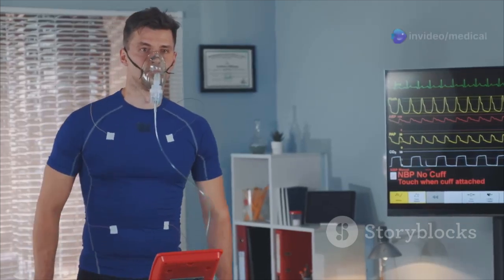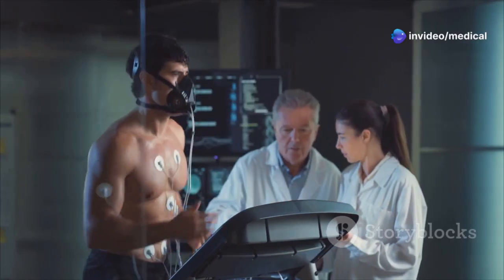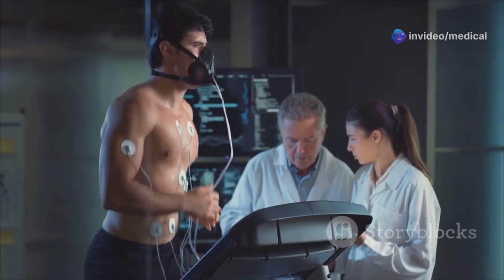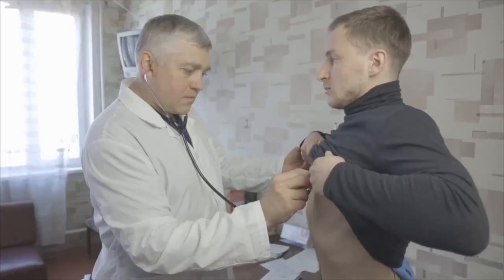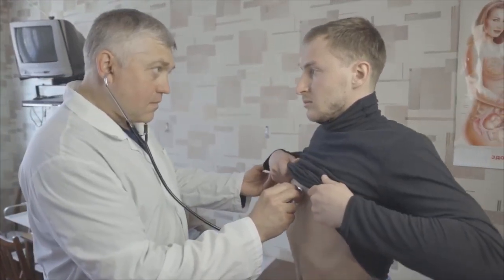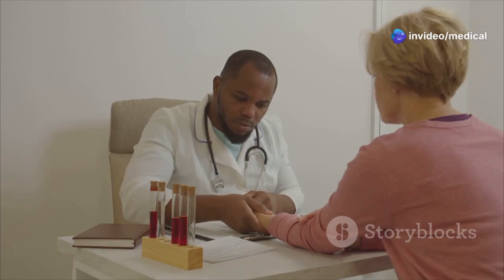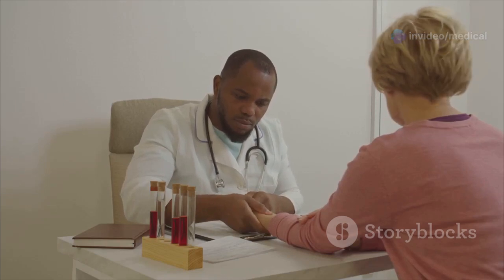Shortness of breath, especially during physical activity, is another common symptom. The heart struggles to pump enough oxygen-rich blood to meet the body's demands. Palpitations, or a feeling of a rapid or irregular heartbeat, can occur as the heart tries to compensate for the reduced oxygen supply. Other symptoms may include dizziness, pale skin, cold hands and feet, chest pain, and swelling in the